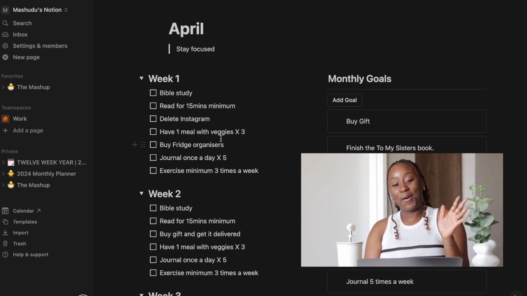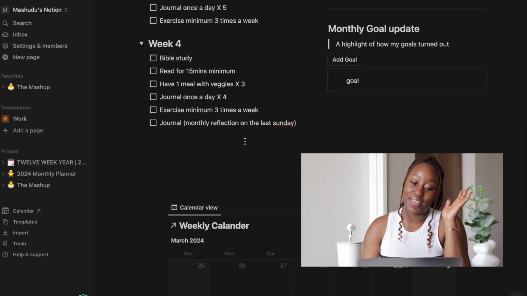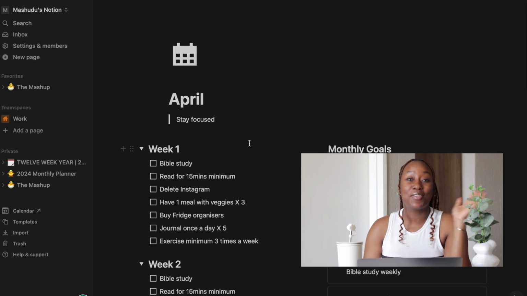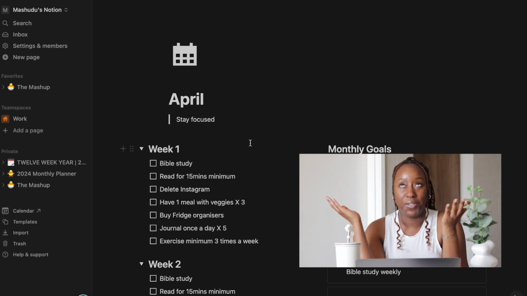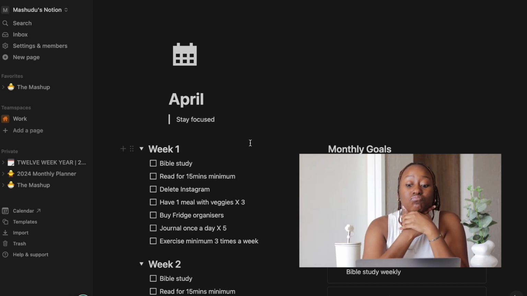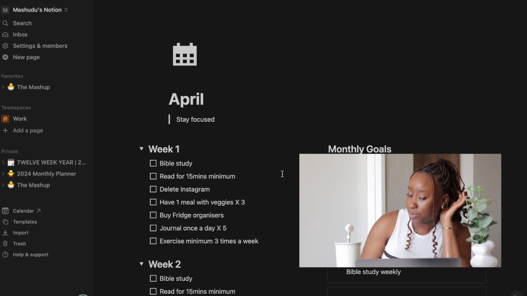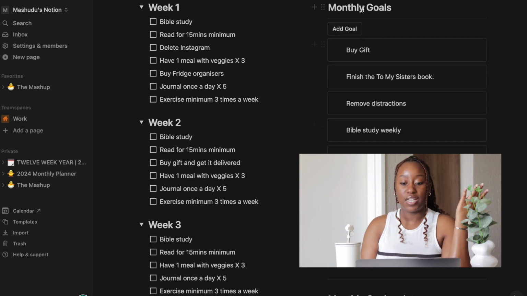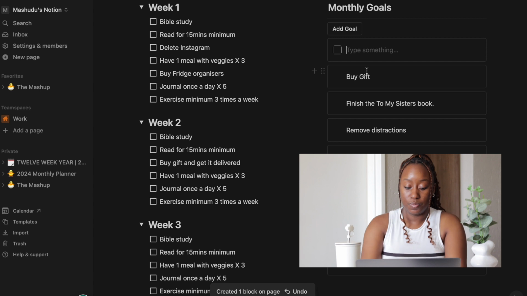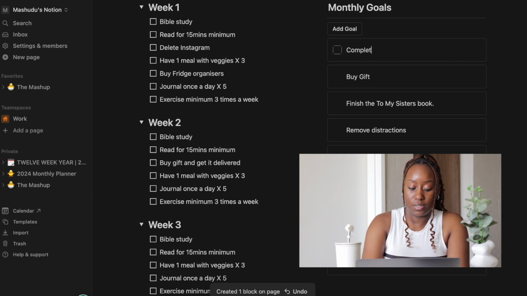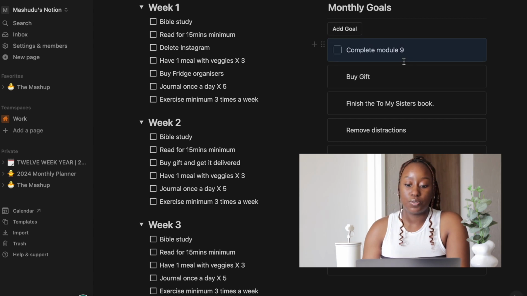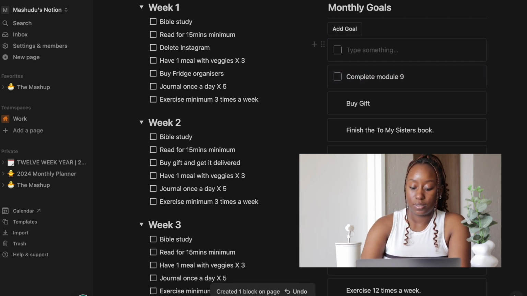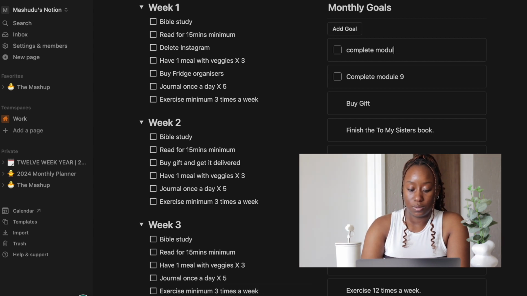But yeah, these are all our commitments for this month, for the month of April. These are just my personal commitments. There's still work to do. I need to add another one, but this one I don't have a choice. I just realized that my goal is to complete module 9 and complete module 10.